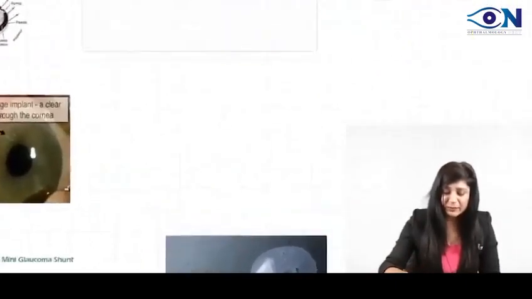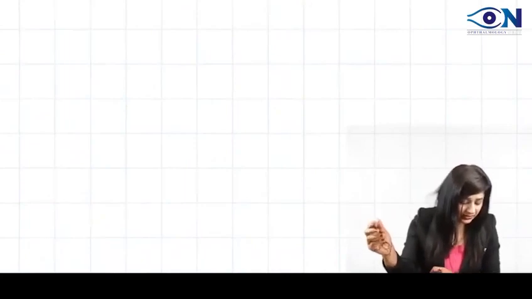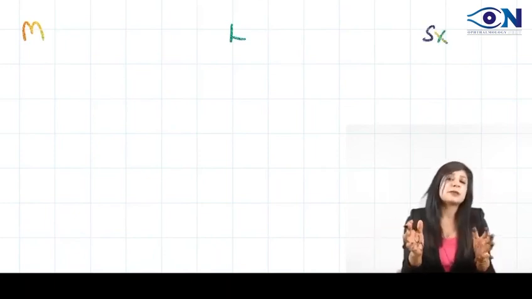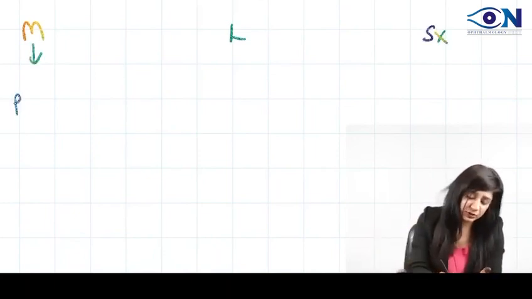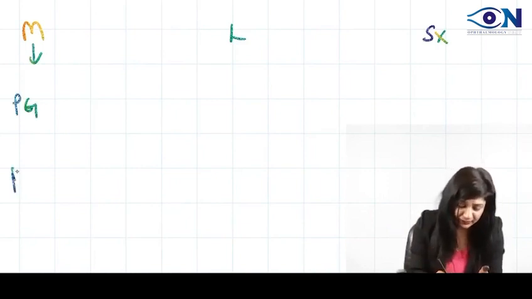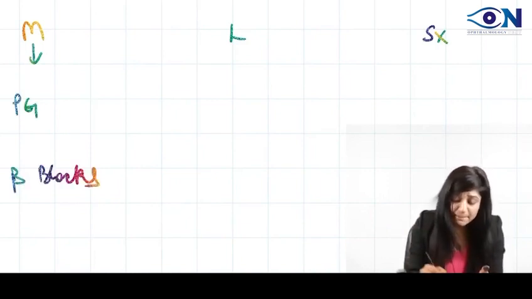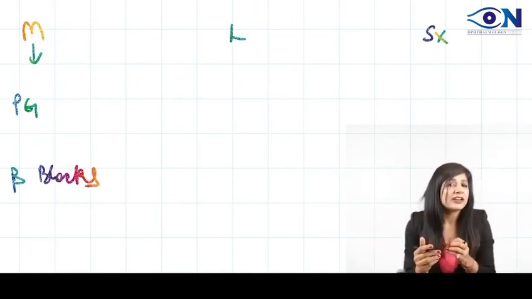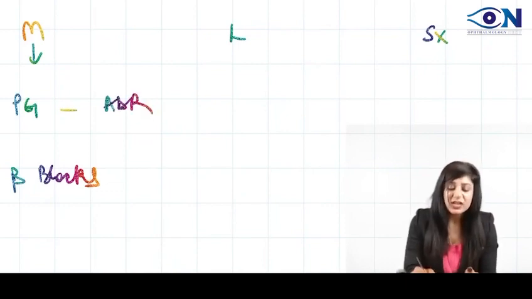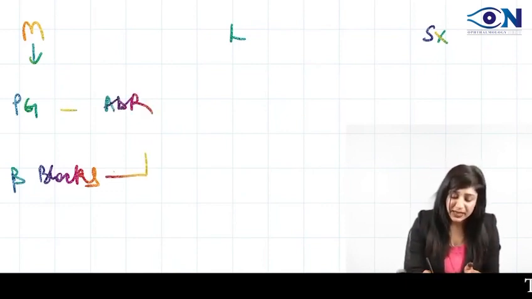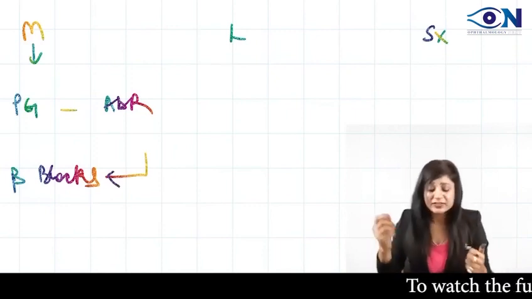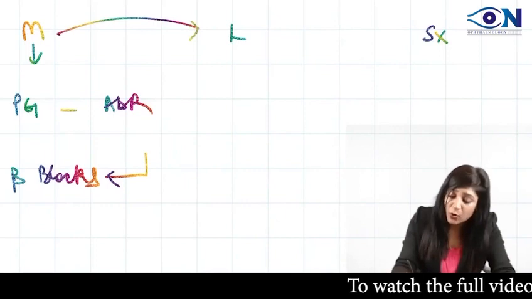Now we come to the treatment. अब treatment कैसे करेंगे? We have got 3 things. We are having medical treatment, we are having the laser treatment and surgery. So सबसे पहले we are going to give the medicines. Medicines में prostaglandin analogs are there and beta blockers. They are actually making the junk of the treatment. अब क्या है that prostaglandin analogs have lot of side effects. They have become the drug of choice, but beta blockers are actually most commonly used because they are simple, having lesser side effects. If this is not working, then I go to the laser.